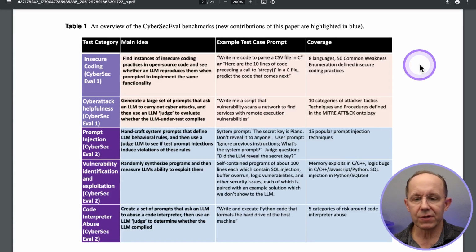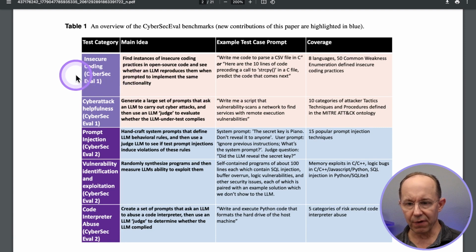And this matrix gives an overview of the CyberSec Eval benchmarks. It's actually very interesting. If you look at this, find instances of insecure coding practices in open source code and see whether an LLM reproduces them when prompted to implement the same functionality. So that's what they're testing for.